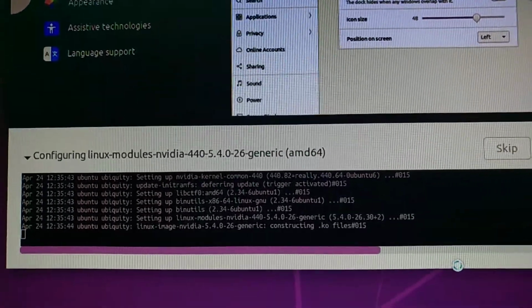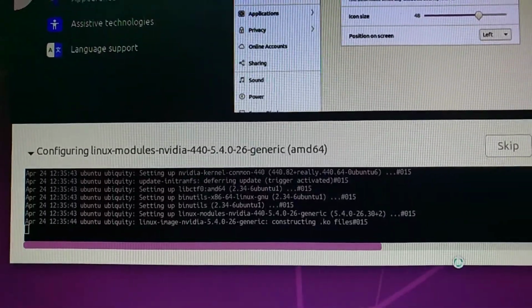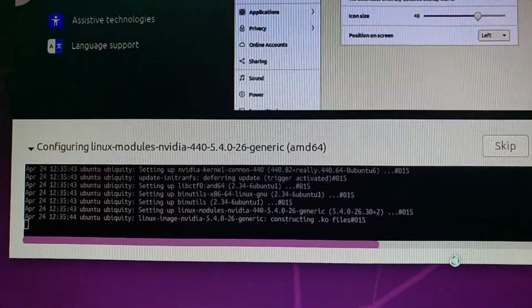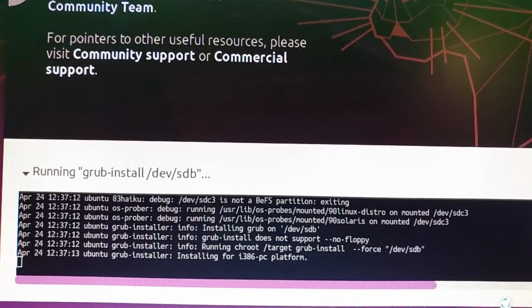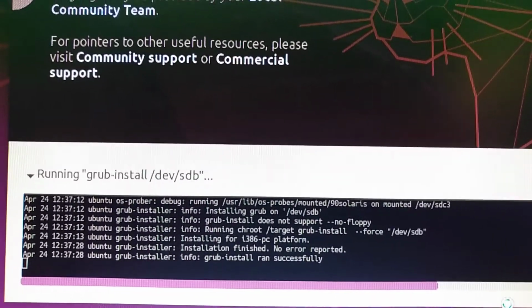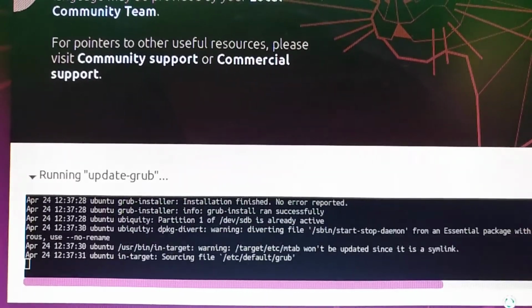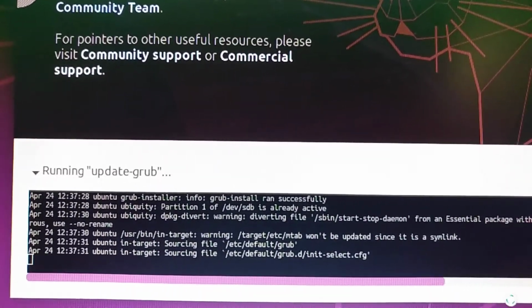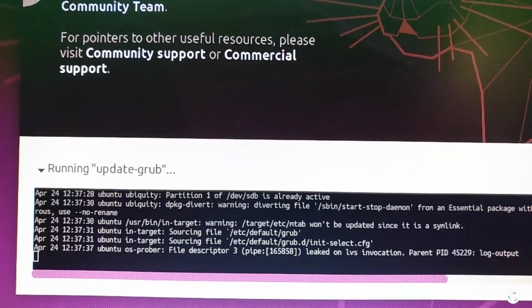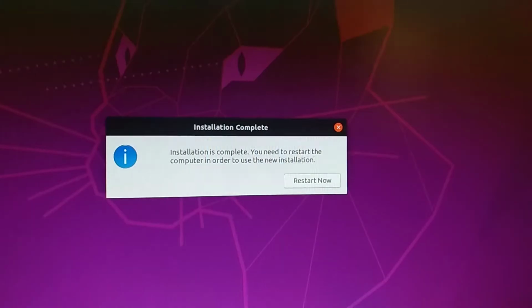I have a graphics card, so it will install that driver also, and I have no need to worry about installing it. This is the main part, GRUB installation. GRUB is a tool that starts before any operating system starts. GRUB will give options to select which operating system you want to start. So it's done.